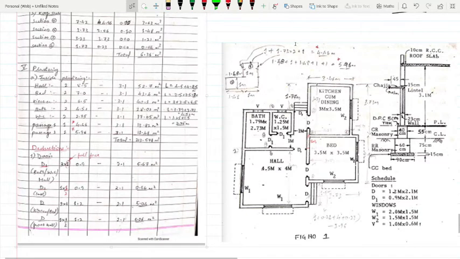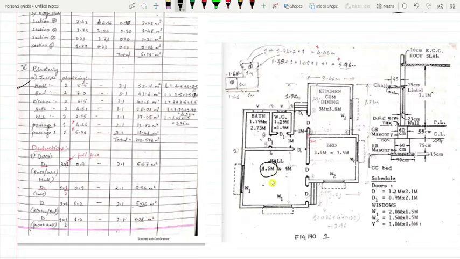So plastering, inner plaster. There are two types of plastering. Inside plastering means inside the house, and external plastering is outside. Okay, inside plastering. So first for the hall. See, hall inside plastering. What we do here is 8.5 meters. Directly he has taken length as 8.5. How? 4.5 meters plus 4.